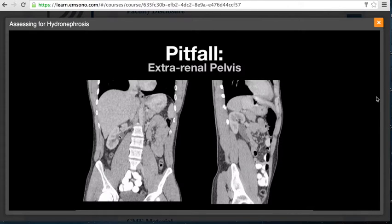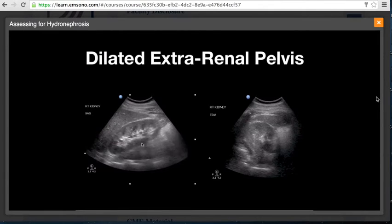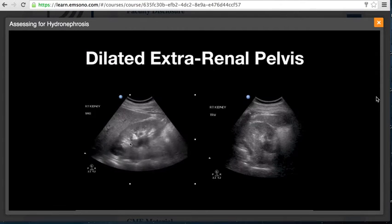Here on CAT scan, coronal and sagittal views, you can see that there's dilatation of the extrarenal pelvis, but there's no dilatation of the intrarenal pelvis or of the major or minor calyces. Here's a patient with a known dilated extrarenal pelvis. You can see that there's dilatation here of the extrarenal pelvis, but there is no significant dilatation of the intrarenal